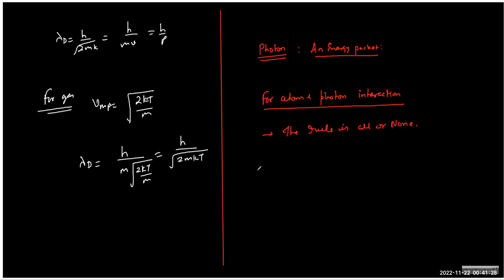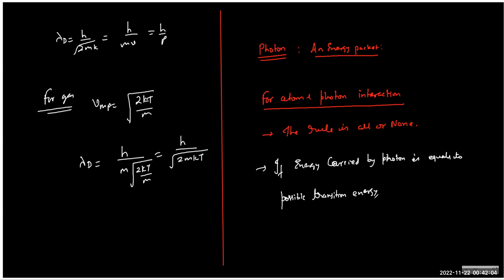So I'll just mention this point. If the energy carried by the photon is equal to a possible transition energy, because I don't know which transition is possible, so I'm writing possible transition energy, which may be 1 to 3, 1 to 5. So depending on